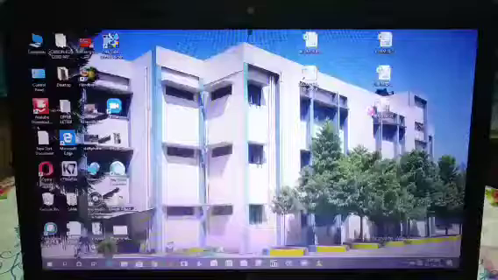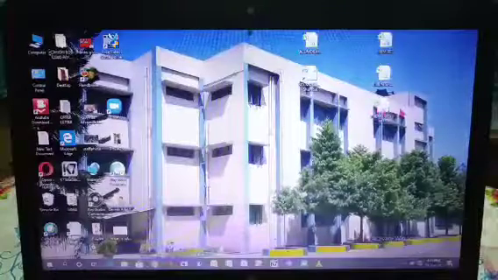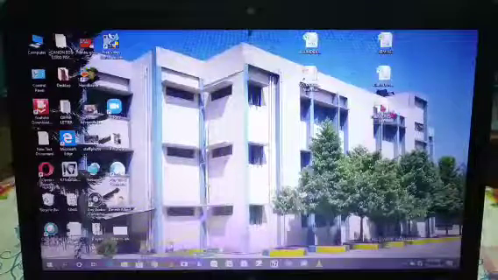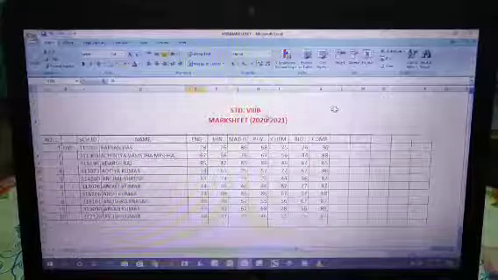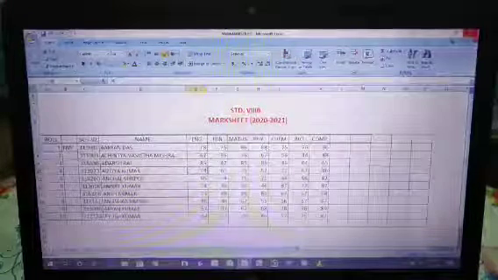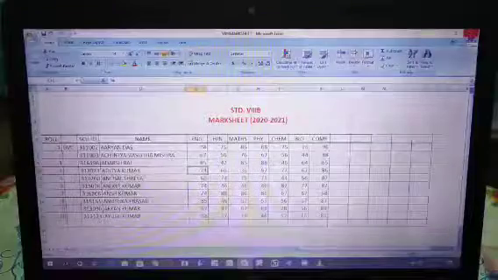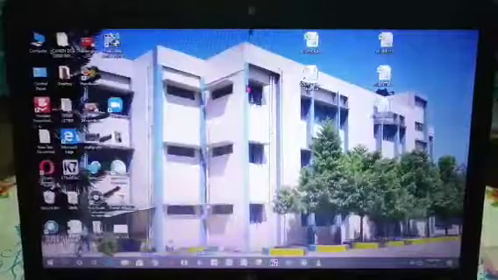Suppose we have a file like this, and to see that we just double click this document file. So you can see that it is storing the marks of say class 8B. So you have to go to the file and double click, and you will be able to see the data from a file.